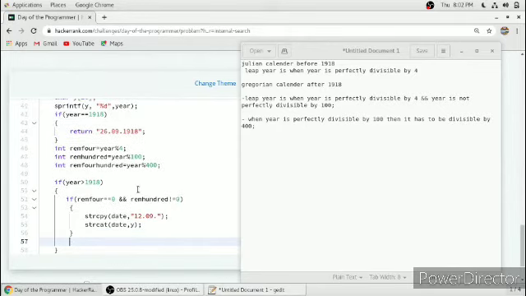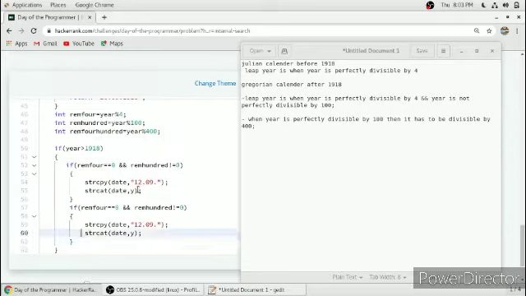So we will copy paste it, and when the remainder of 100 is equal to 0, then it has to satisfy one more condition, that it is also perfectly divisible by 400.